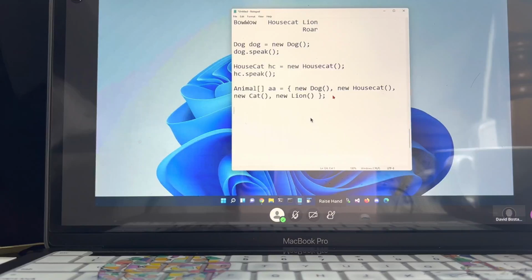Then I'm going to go through and take my array. I don't want to show you that right now. So we'll pretend like we've got each one, but I'm going to say A sub 0 dot speak. What do we have? We have 1, 2, 3, 4.